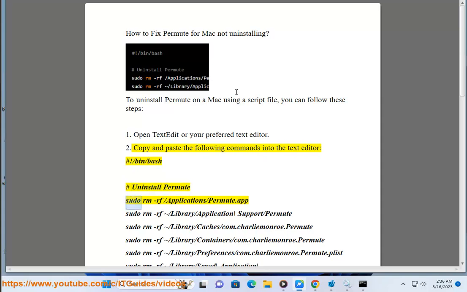#!/bin/bash #uninstall Permute sudo rm -rf /Applications/Permute.app sudo rm -rf /Library/Application Support/Permute sudo rm -rf /Library/Caches/com.charliemonroe.Permute sudo rm -rf /Library/Containers/com.charliemonroe.Permute sudo